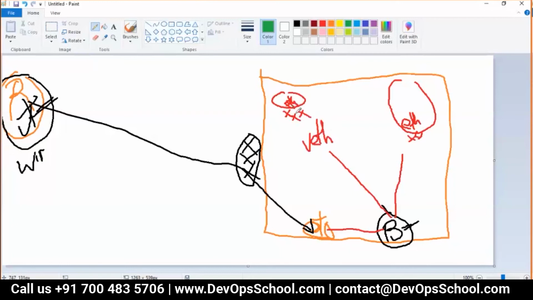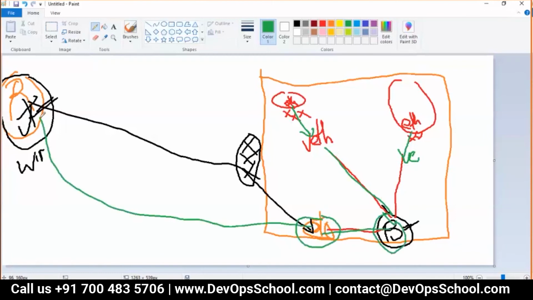So guys, see that flow. The container connects to the veth, the veth connects to the bridge, and the bridge connects to ETH0. ETH0 is connected to this bridge, which is a router, and this gives you the internet. So the internet comes travelling from here to here, here to here.